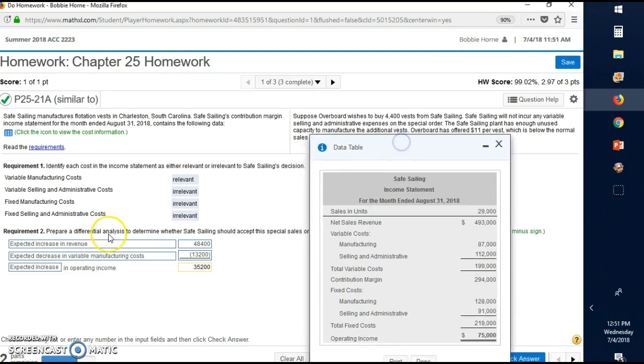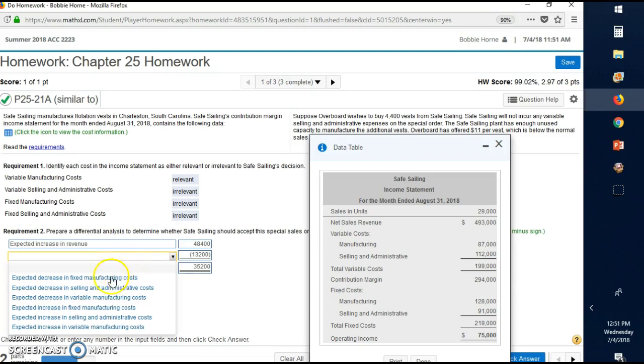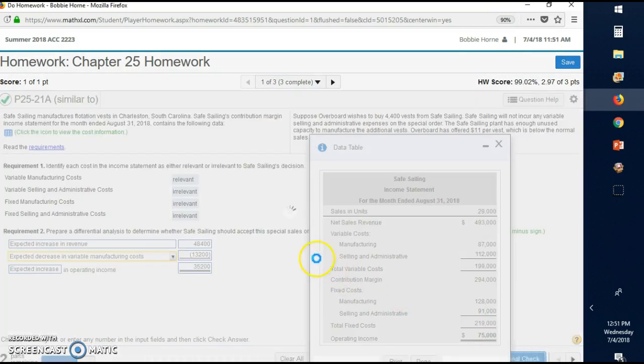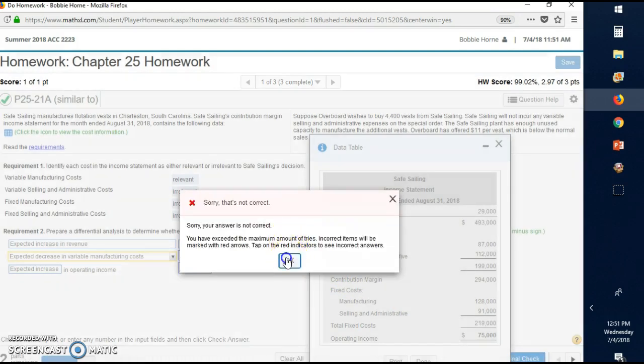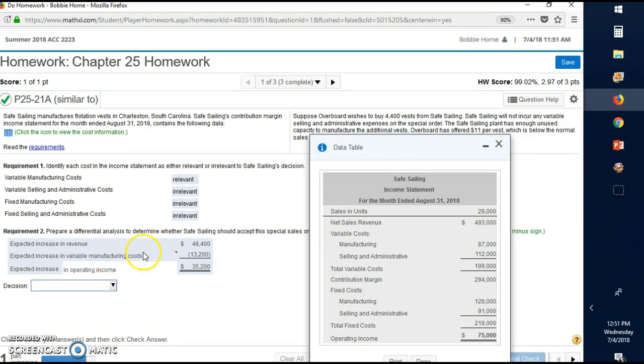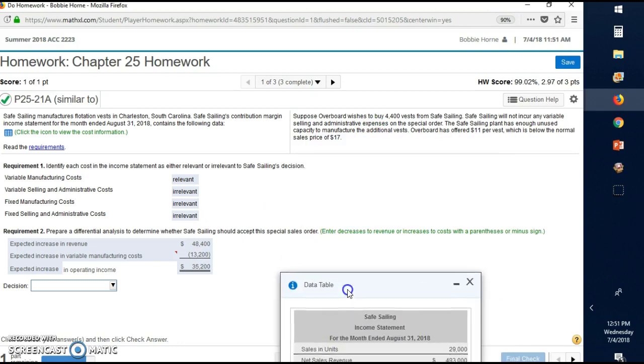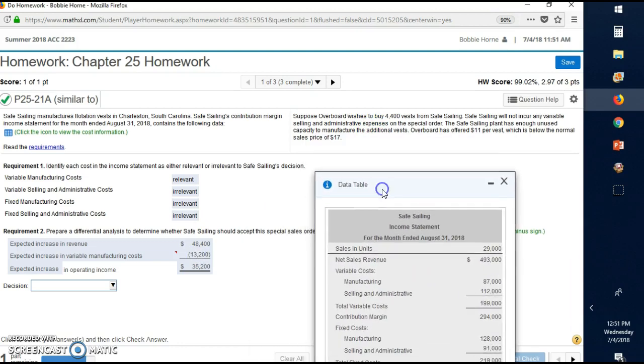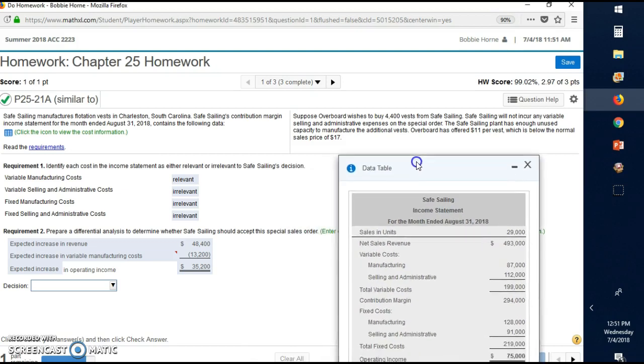So we would decrease, let me just make sure I put that right. I'll just go ahead and check it and see if I can see where the mistake was made so we don't waste any time. Okay, expected increase in variable manufacturing costs. Okay, I see. Prepare for Safe Sailing. So Safe Sailing